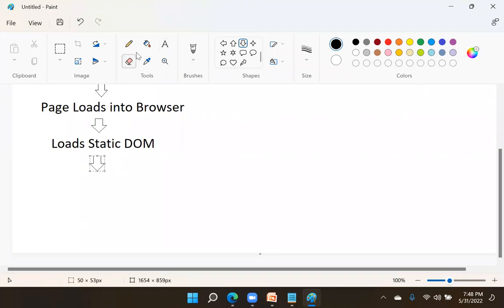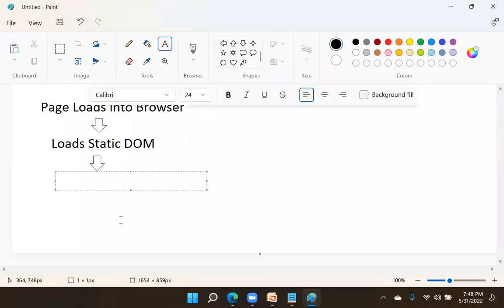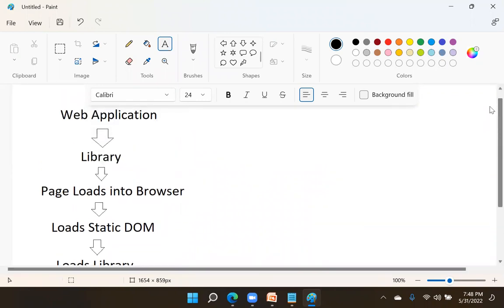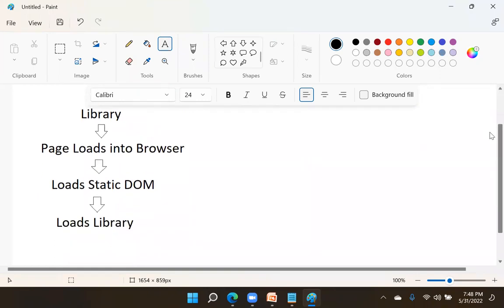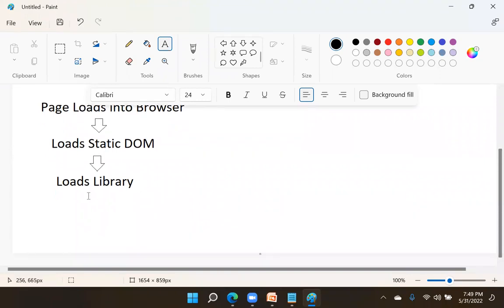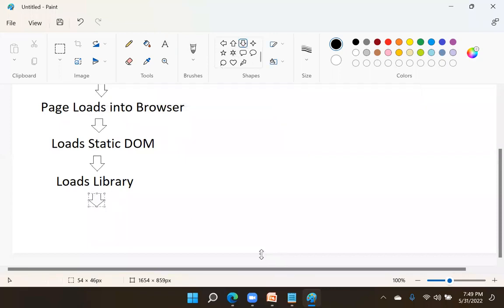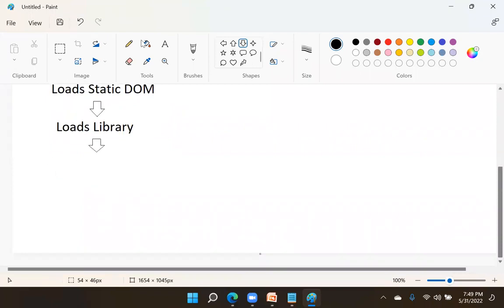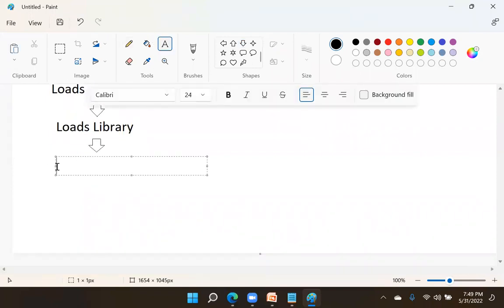After loading the static DOM, it loads the library. That means we are building an application with a library. So first the page loads into the browser, then it loads the static DOM, then it loads the library. After loading the library, very important here, the problem is that the library is passive.